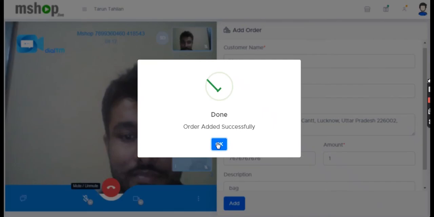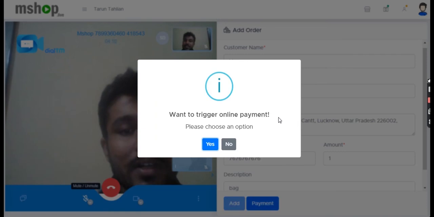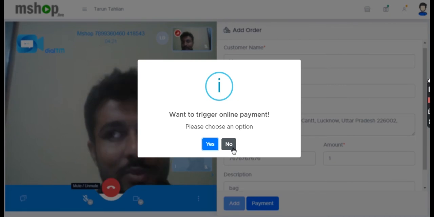So once I place the order over here, the details are punched, and now the application asks me whether the customer is willing to make the online payment. In case he's not looking for online payment, I can click on no, and the payment will be done once the delivery is done to the customer. Or else if I click on yes,